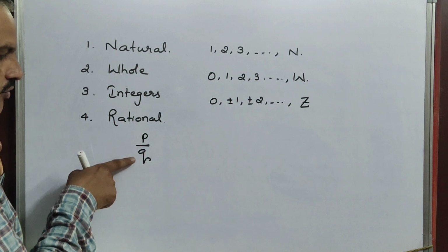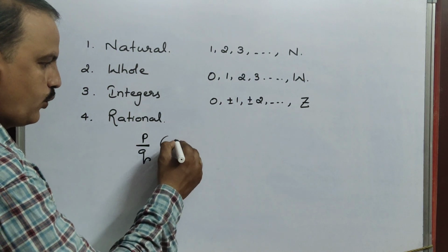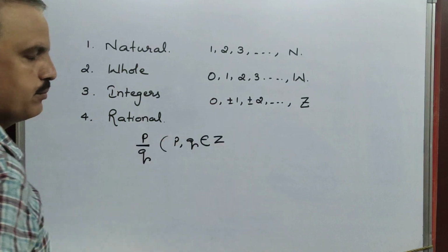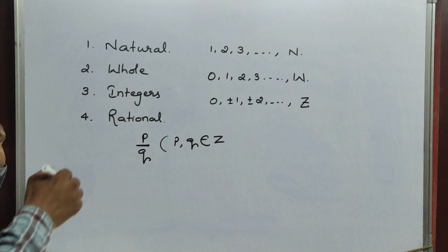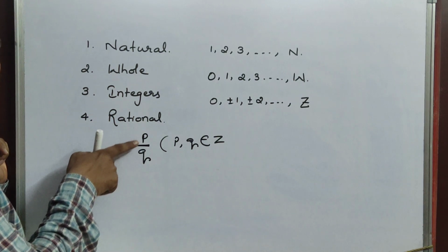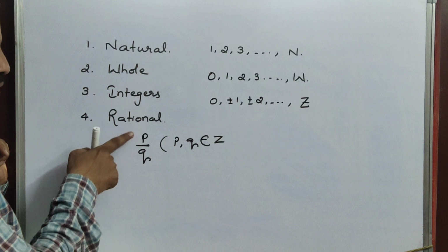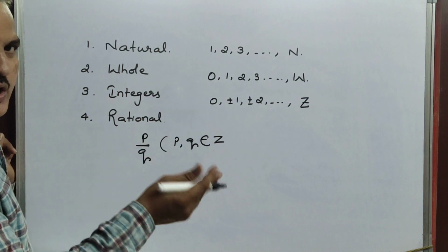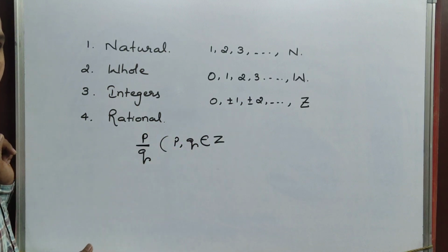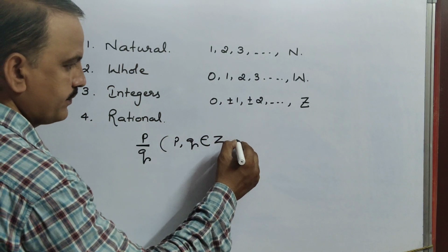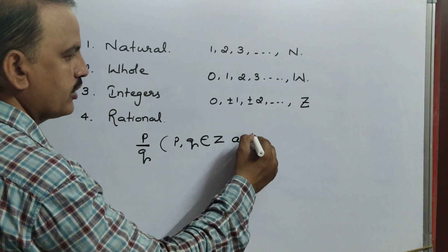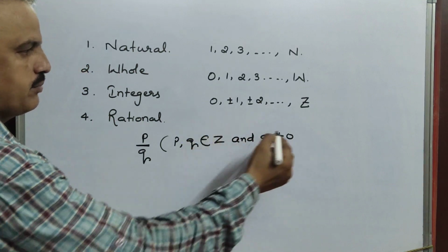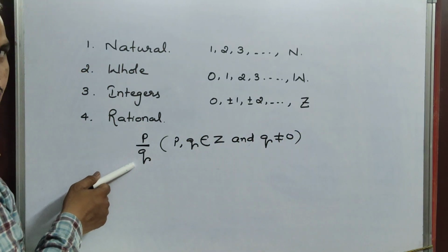The numbers which are in the form of p by q, where p, q belongs to Z. That means p is the numerator and q is the denominator. So p, q belongs to Z means what? Integers, plus 1, minus 1, anything, either positive or negative. And q not equals to 0. That means q, which is in the denominator place,